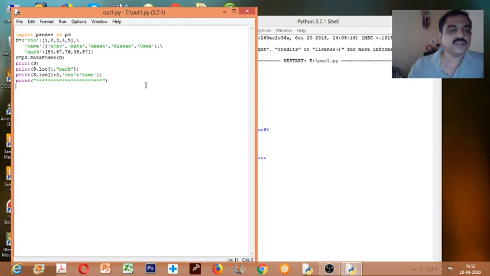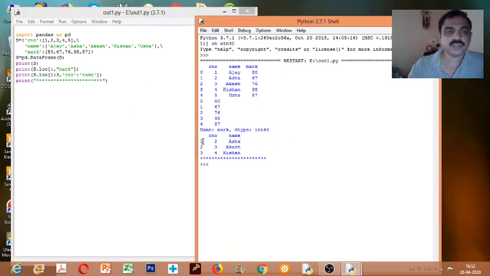Is it clear? So when you are using loc, here the index is not specified, so the default index values will be taken. In case we specify the index, then the specified index names should be used. In case of iloc, you should use the index numbers.